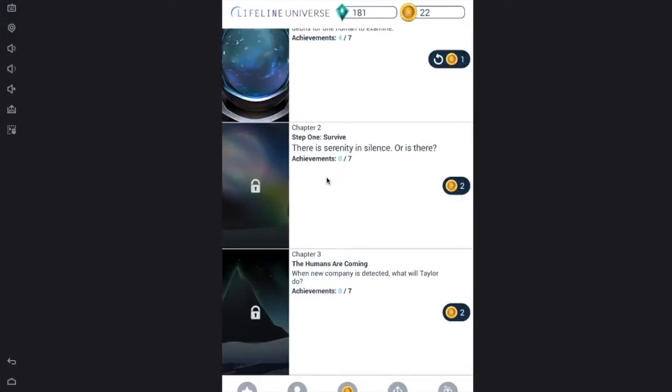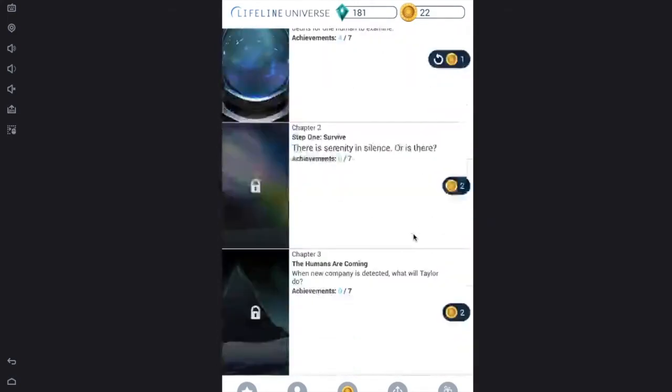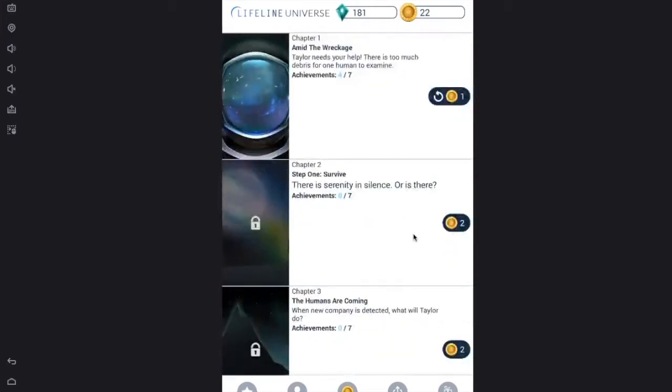Now, yeah, they're in chapter format. You don't get the waits for, did Taylor survive overnight? Or do they get radiation poisoning in the morning? No, you just go on to the next chapter. And because I have not played chapter 2, because I'm not going to spend 2 coins to play a game that I've already bought,